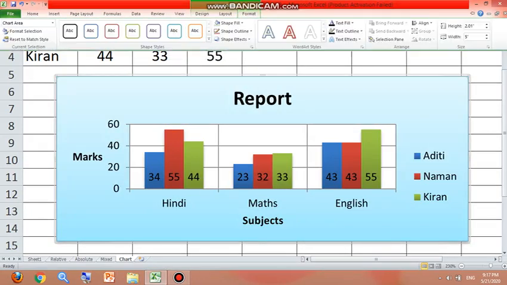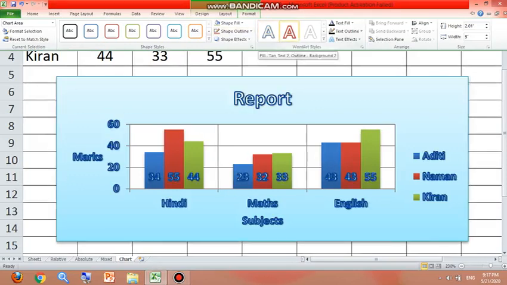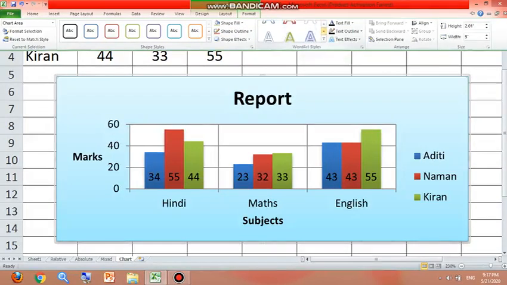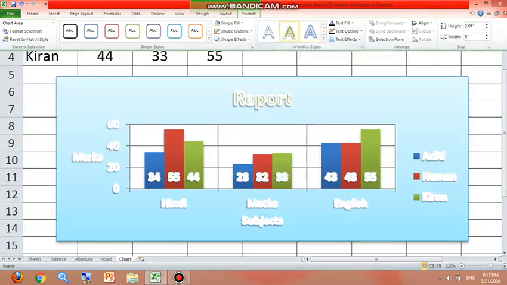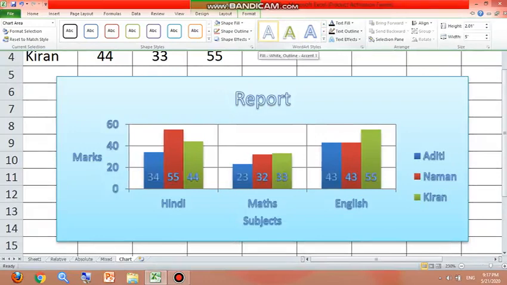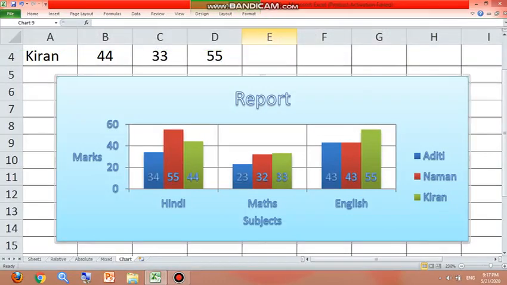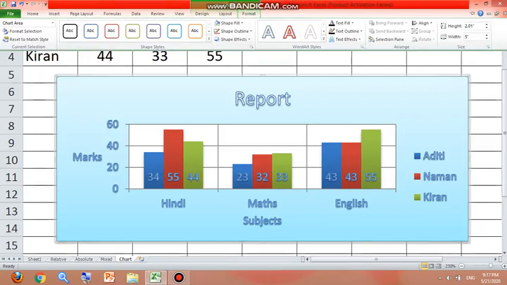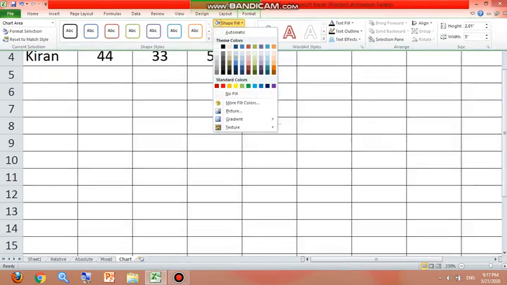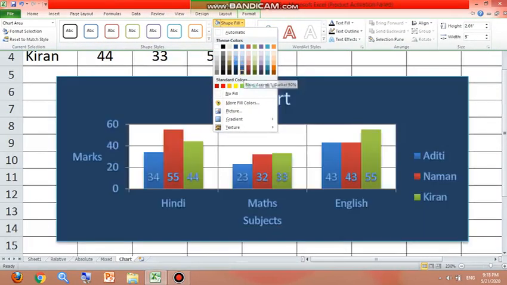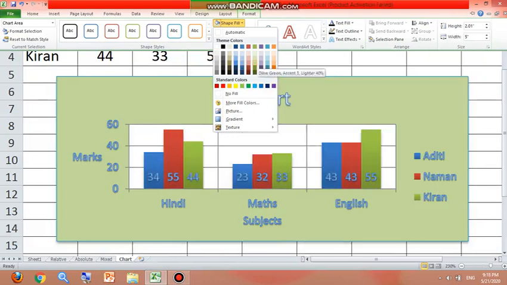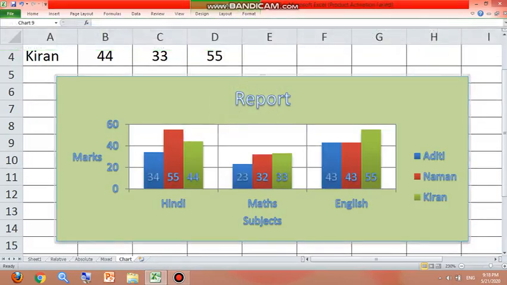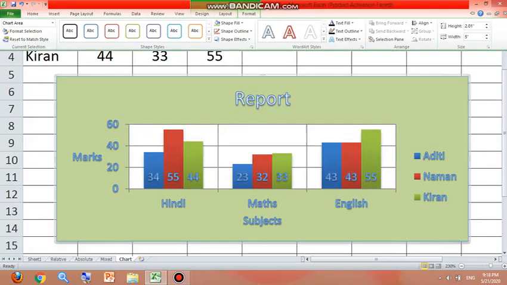Okay, from where? From here, Format. From here you can change the text. As you can see, you can use WordArt styles from here, or from here also you can change different types of word style. If you want to use this, you can use it. Clear? From the Format tab, all the commands are available. Shape fill, if you want to change the color of different elements, you can choose any of the color combinations from here, and the changes will be done very easily.